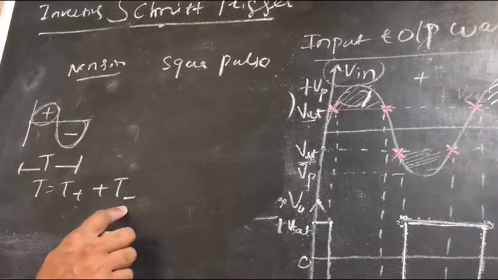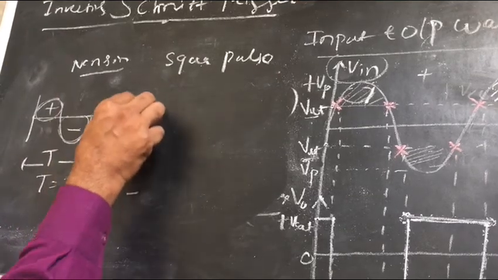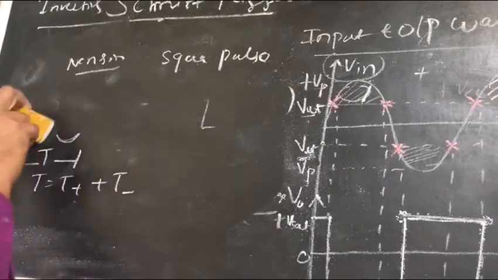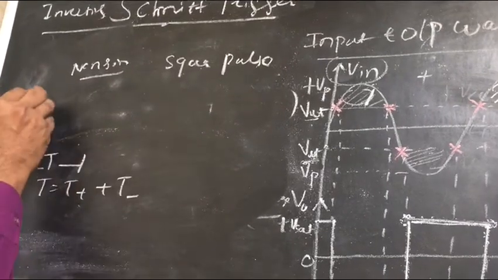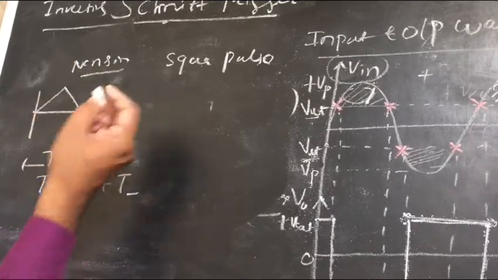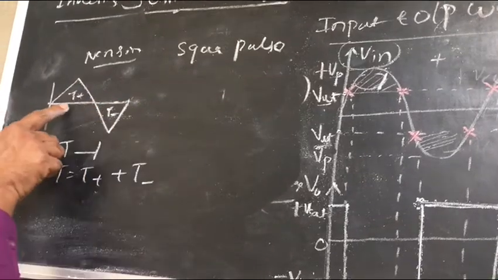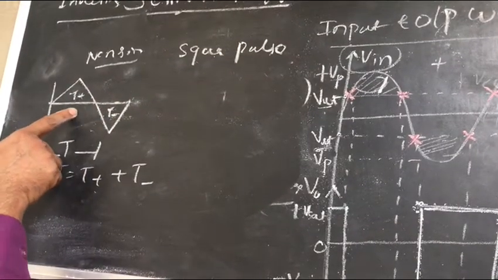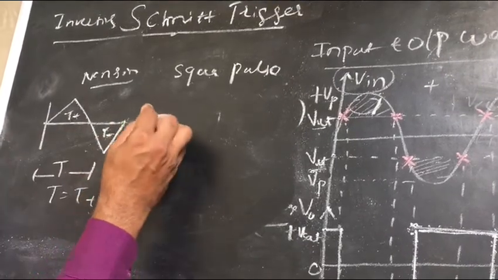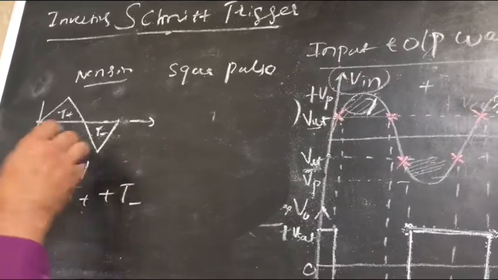Since both are the same, if you connect the sinusoidal signal to the Schmitt trigger, it will convert it into a pure square wave. Similarly, our triangular signal also has equal duration for the positive cycle and negative cycle. That is like this. If you take this portion as T plus and this portion as T minus, both are of equal time duration. Then also my Schmitt trigger converts the equal time duration of positive and negative cycle of the triangular wave into a